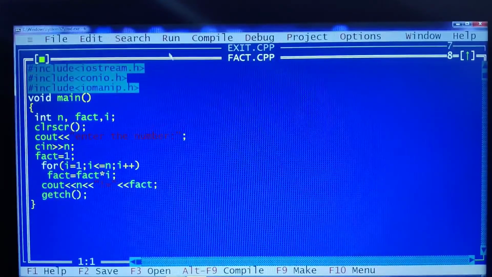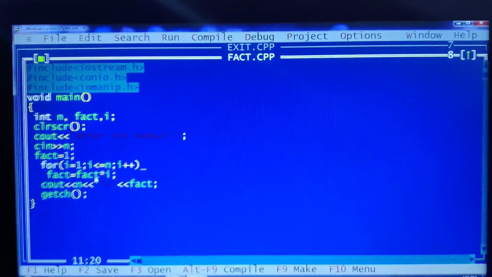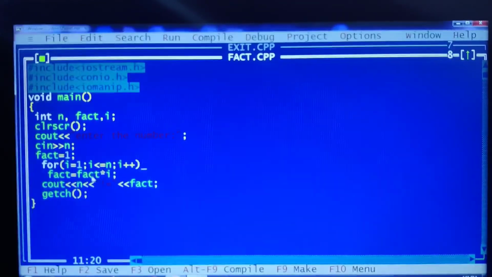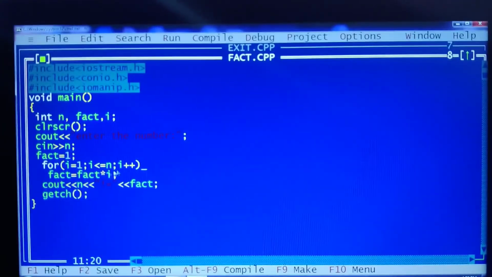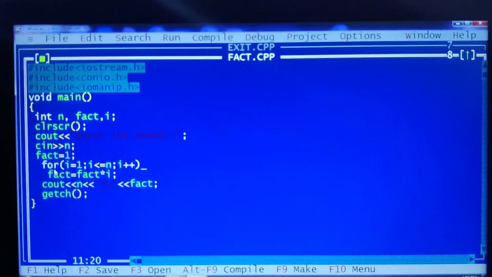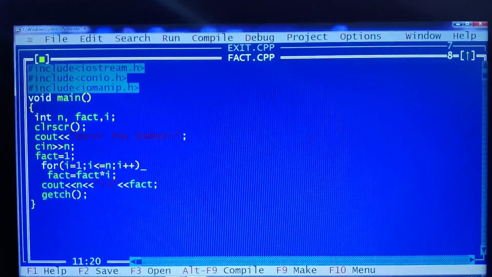Suppose if I give a semicolon here, will this program execute? It will never consider fact = fact * i as the body of this for statement. If I give a semicolon, then the compiler will understand that this is the end of the statement, and this statement will never get executed. It will never become a part of the for loop. Therefore, I will never get the factorial value. I hope you are able to understand. Coming back to the next program here.